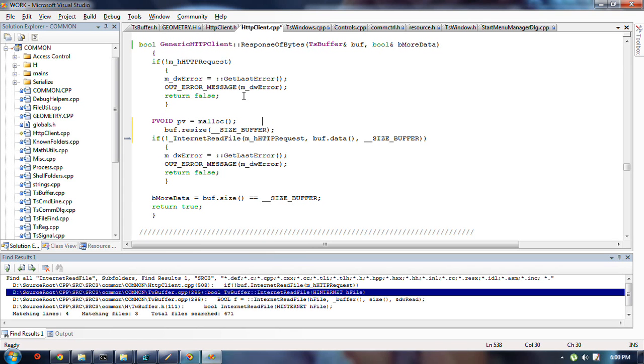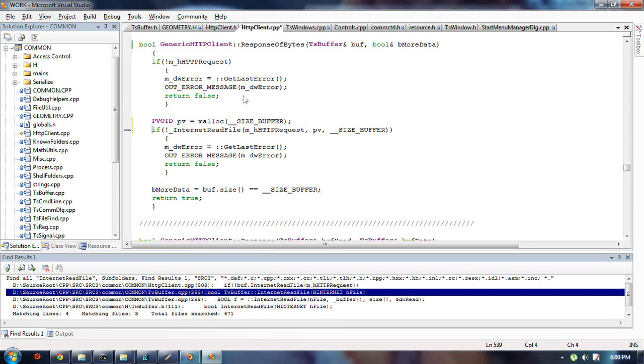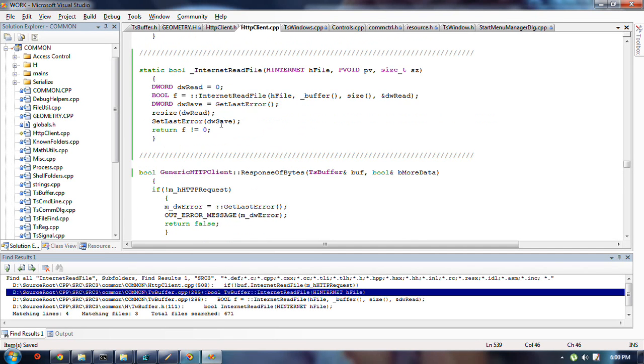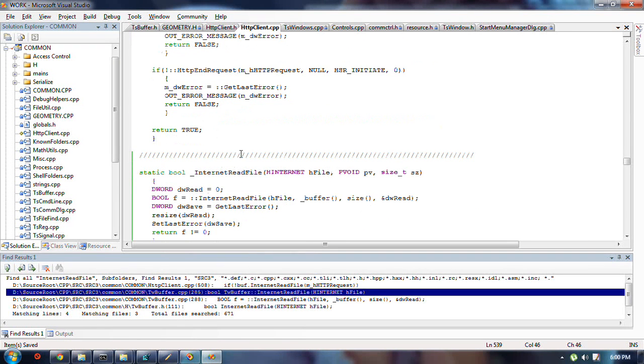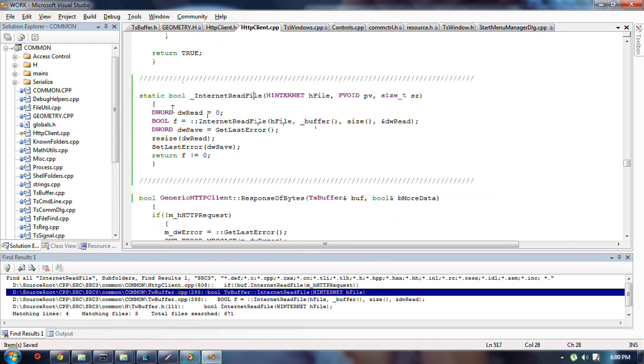For the stack. Okay, now we pass in a buffer and the size of the buffer to internet read file, which now is going to call this